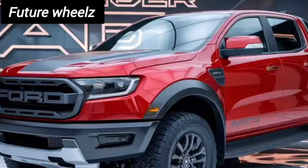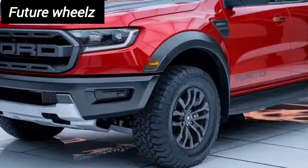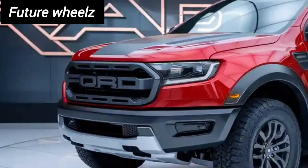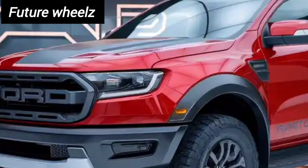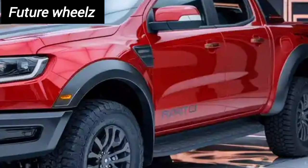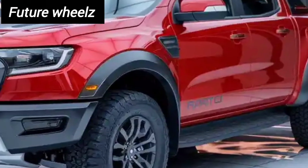The 2026 Ford Ranger Raptor has been one of the most anticipated midsize performance trucks of this decade, and Ford has gone all in to make it more capable, more aggressive, and smarter than ever before. It's not just an updated Ranger with a few sporty badges. This is a purpose-built off-road beast that shares DNA with the legendary F-150 Raptor, but in a slightly smaller, more